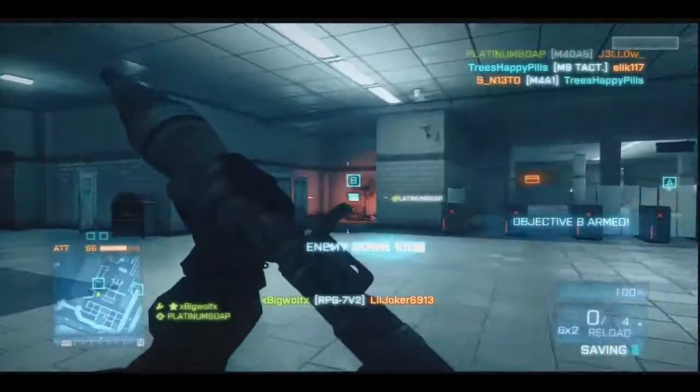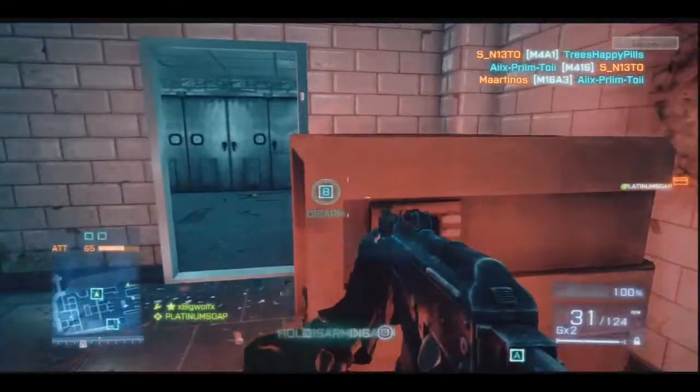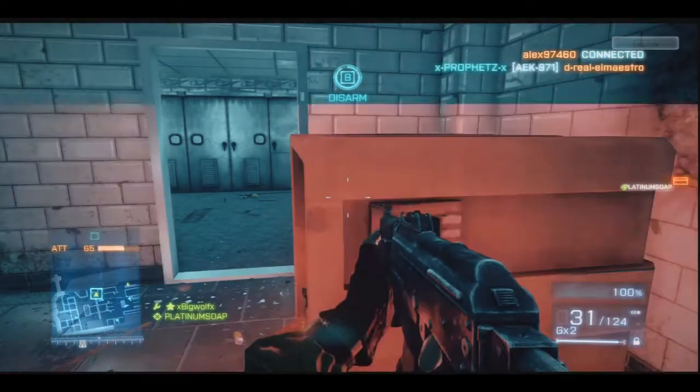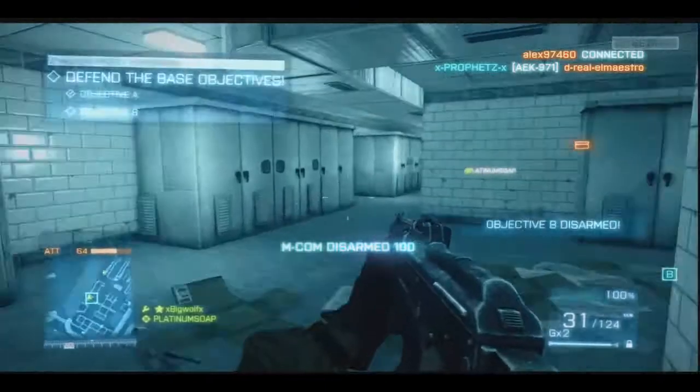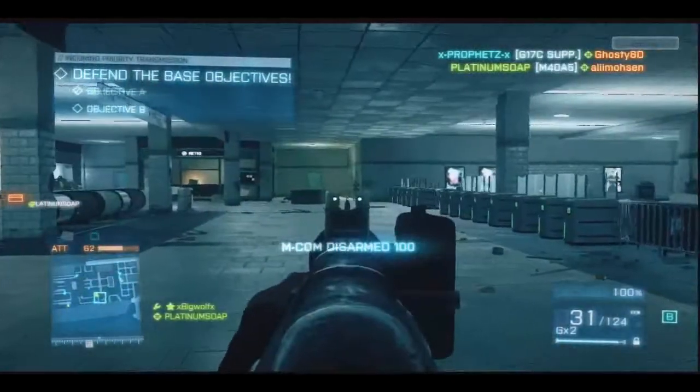So here, I go and try and defend B. I don't remember if I succeeded or not, but I'm gonna go ahead and say I did. The enemy has taken over the objective. See, so that's my first defuse. I only had a few defuses in this game